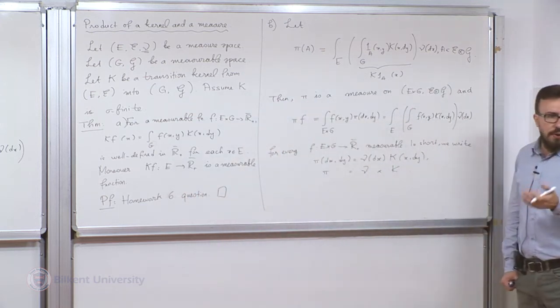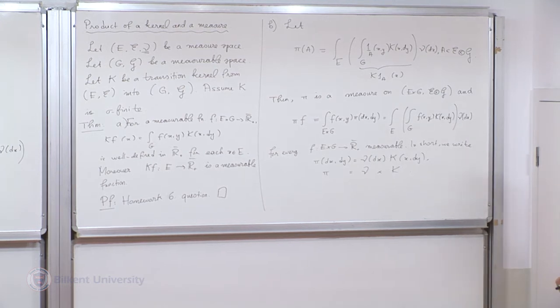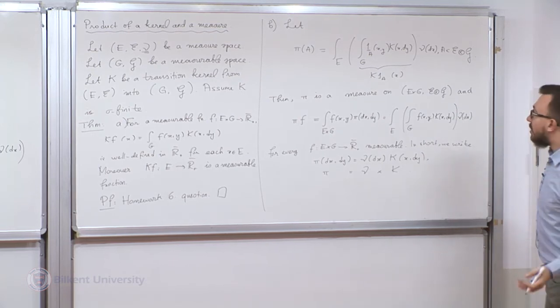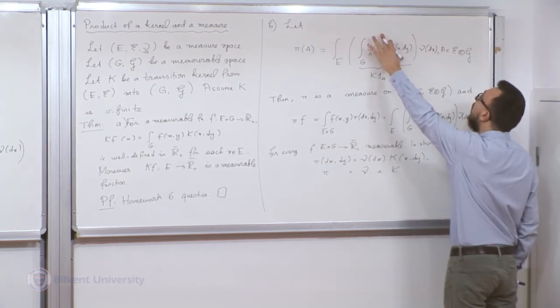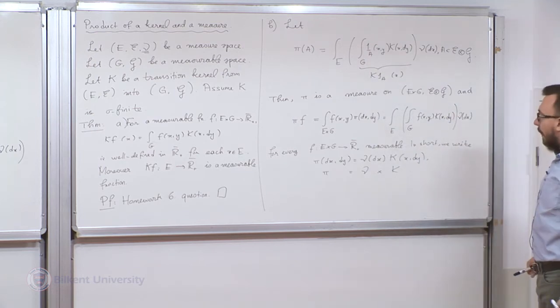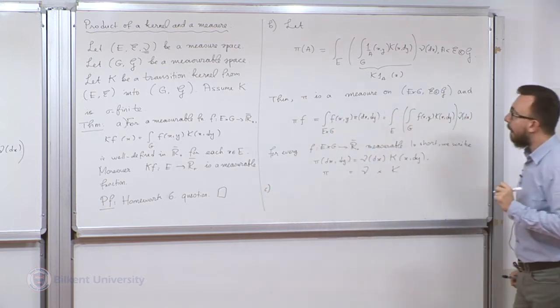But it's not a very interesting result, right? It's just measurability, just checking that Kf is measurable. What is more interesting is to use it here as an integrand. So we're going to prove part B. But there is also part C. Let me also state this.